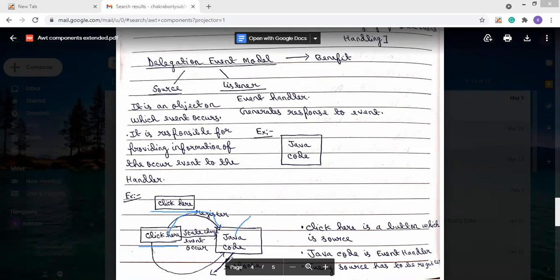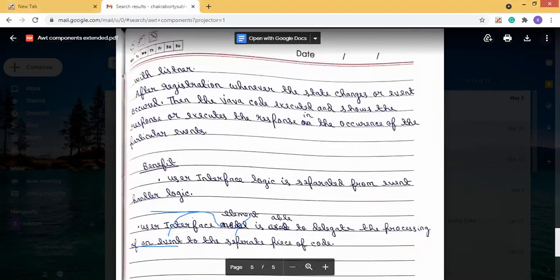So this is all about the delegation model. Now this delegation model has a benefit. What is the benefit? The benefit is that the user interface logic is separated from the event handler logic. You can see there is a source and there is a listener, so there are two separate logics. The source has its logic, and the listener also has its logic.